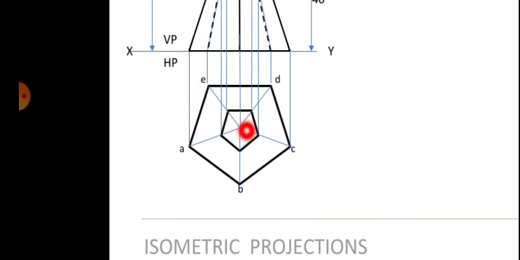For example, O is not mentioned here. Let's say OE is the line. On that line, you will cut this particular point. So that will be one point. Similarly, on the other side, you will get one more point. So that will become one edge. Similarly, you will project it from here, from this particular point. This point is already got. Now you get one edge here.